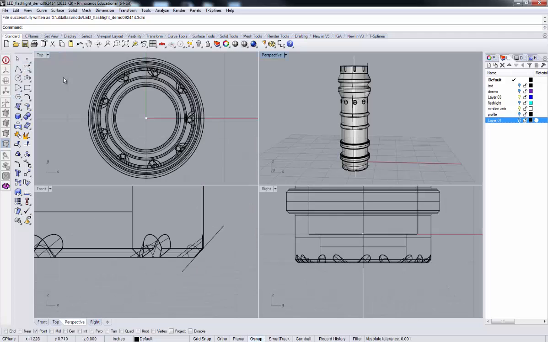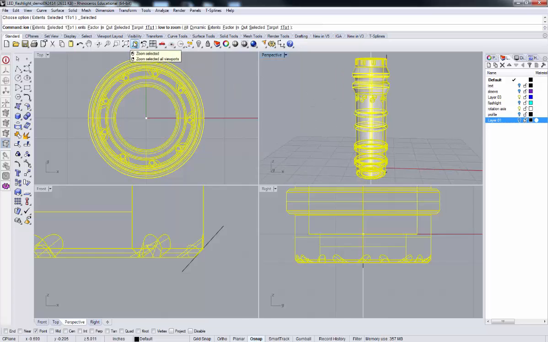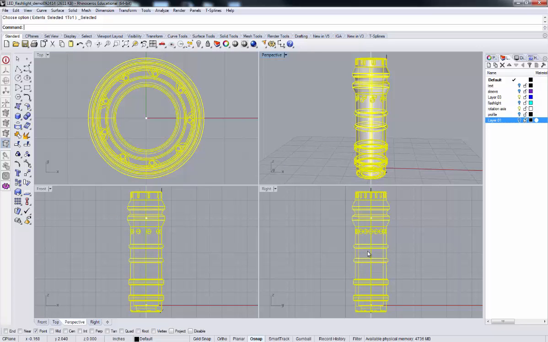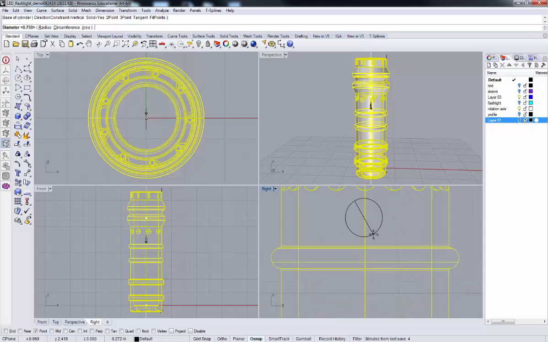I'm going to come back here and let's center everything, get everything squared up in all our windows. And I think I want to add a series of holes in this layer to complement what we have going on here. There are a number of ways that we can do it, but we're going to do it this way. We're going to use our cylinder tool, and we're going to create a cylinder right here along the center. We want to make sure that it doesn't go beyond that point. We want to keep it bounded in here, like so. And we want to drag it out